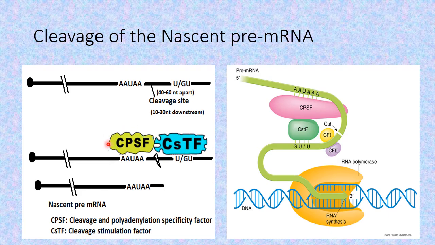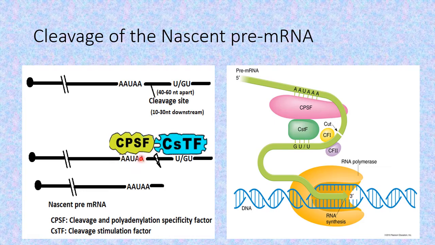These two factors are transferred to the new messenger RNA transcript. Once the sequence containing the poly A signal and cleavage site is transcribed, these two factors are transferred from the CTD to the nascent RNA formed,